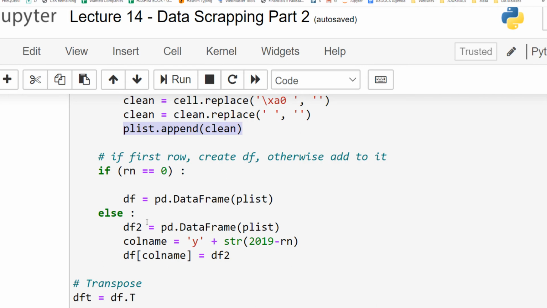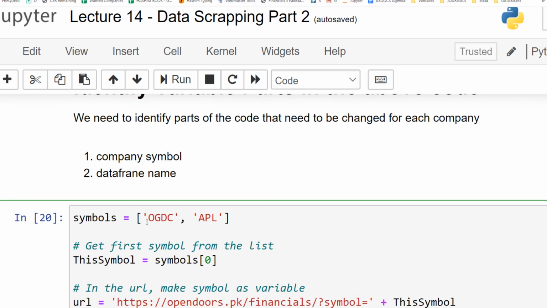Now the second part of the code that we needed to process was the data frame name. So the idea is that if it is a first company, there is no previous data frame, so we create a data frame.